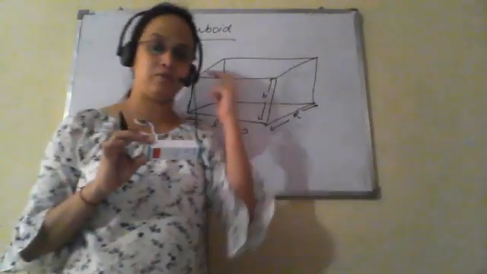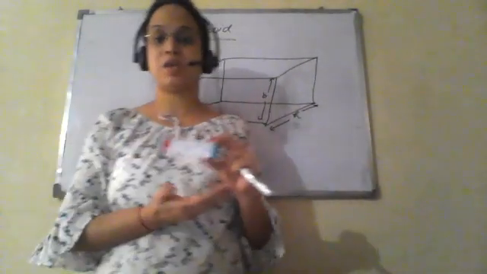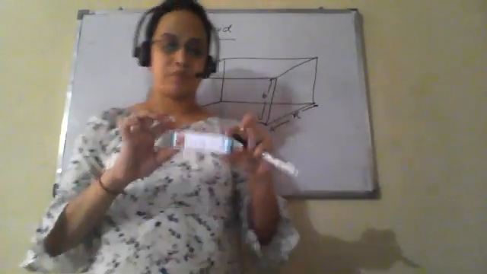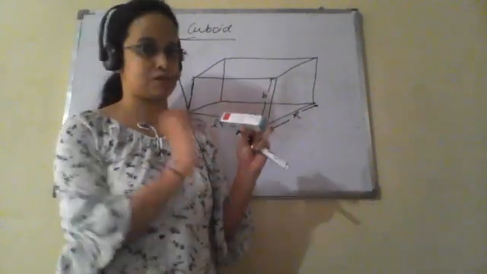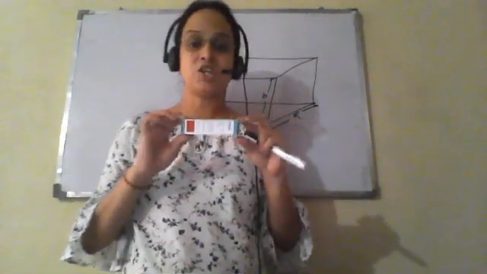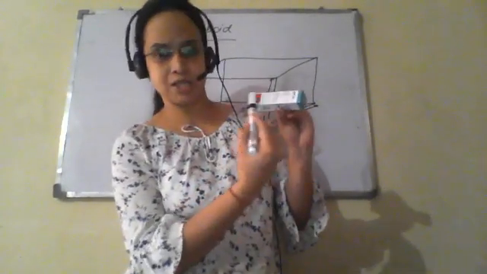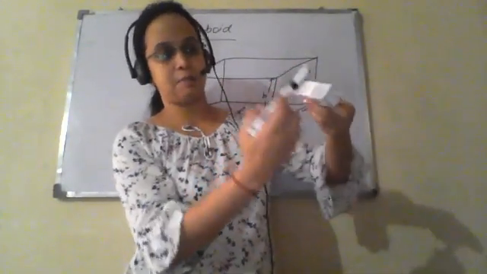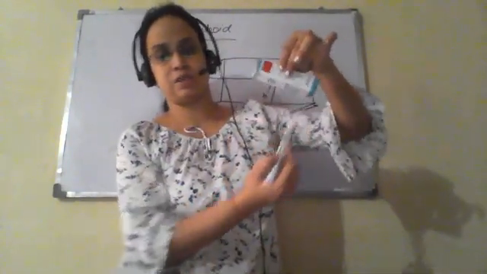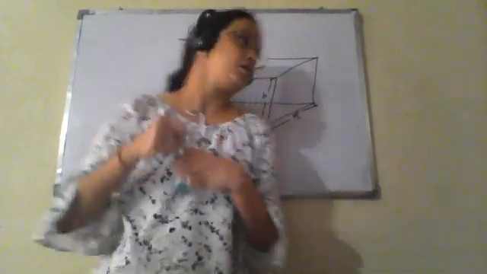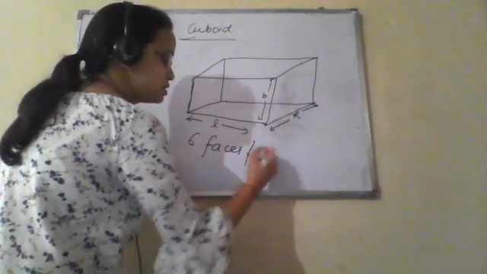Now when we are calculating the surface area of a particular shape, we must analyze how many surfaces or faces it has. See, this is the length, this is breadth, and this dimension is height, as I have drawn in the figure. So how many surfaces are there in this figure? There is one surface, there is a second surface at the back, at the bottom and at the top, and four, two surfaces are sidewise. So it has got six faces, or we can say six surfaces.